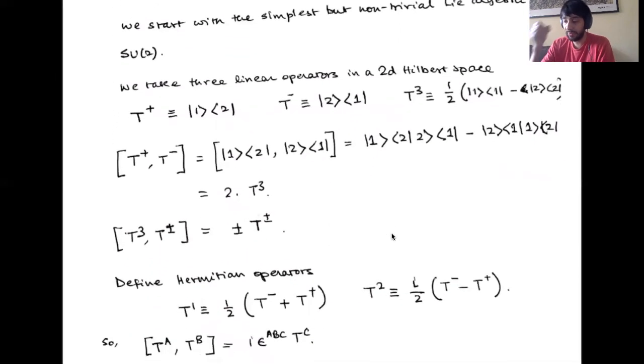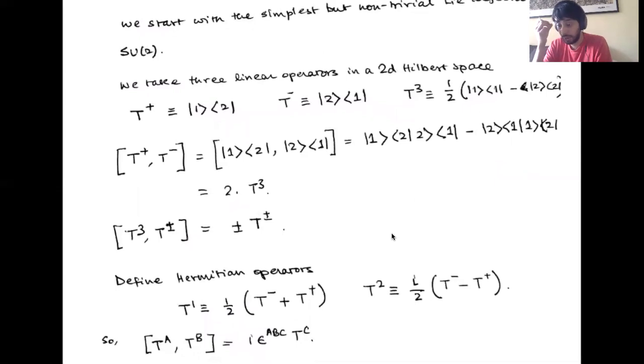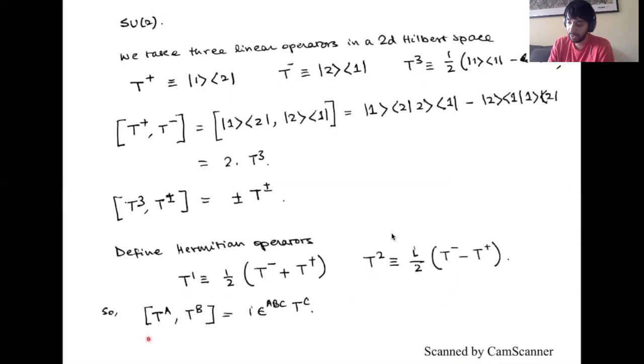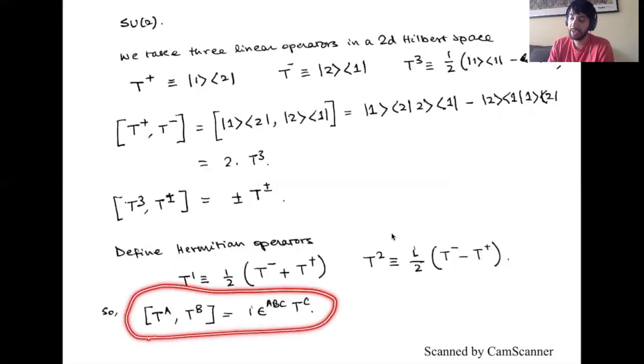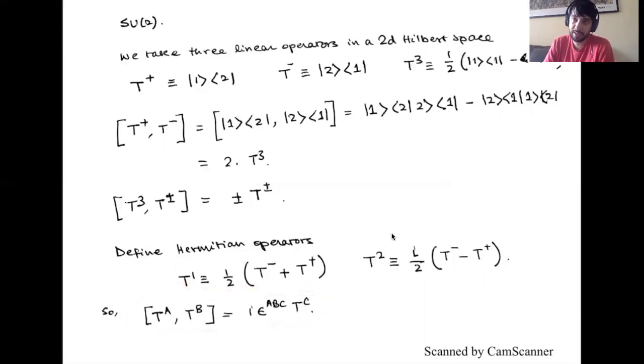Very good. Now we can define Hermitian operators. We're going to call them T1 and T2, where one will be defined as the sum and the other will be defined as the difference. And then what we will see is that T1, T2, and T3 close amongst themselves by an algebra like this. This epsilon ABC is the familiar